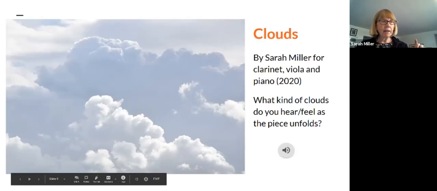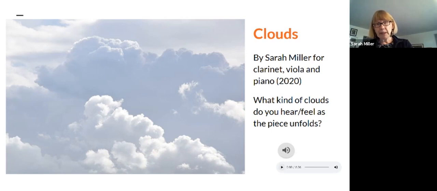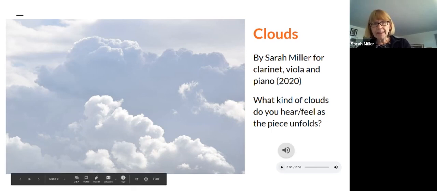Okay. Next, we're going to hear a little bit of one of my pieces. This is a Finale rendition, I'm sorry, but it's a piece I've called Clouds. It's a piece in which I was definitely trying to explore texture, and also textures at the piano. I am the pianist, and I have never played it before. I don't have a live recording yet. We did rehearse it once. It's going to be really cool. It'll be on a McPhail faculty recital in February. We'll go in and record it.